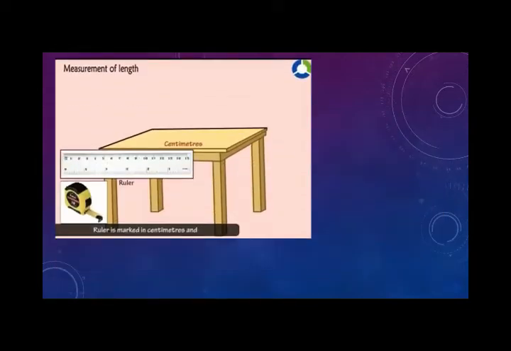Now come to the next, measurement of length. All of you have a scale. Today I'm teaching you chapter number 8, that is length. It is necessary to take the scale with you. It will easily help you to understand centimeters. This scale is not so long, and it is also used to measure smaller objects, smaller things. So this scale is also available in centimeters. Your ruler is always marked in centimeters, because your ruler is smaller and it's just used to measure smaller objects. Okay,